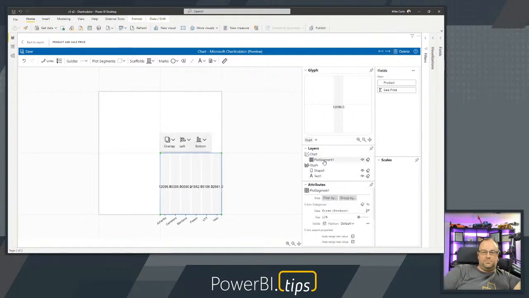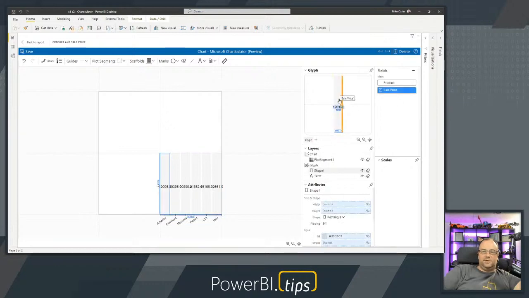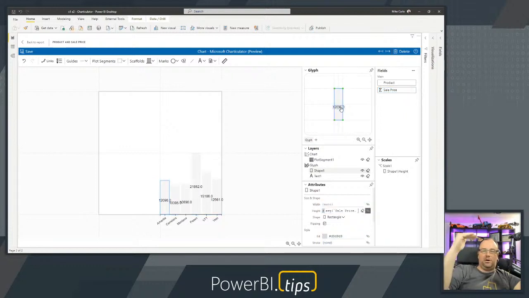Now I'm going to go back over to the plots segment. Nope, I'm just kidding. Shape. And then now I'm going to grab the sales price. And now the attribute of the bar, again, I got more data points that we can bind here. I can take the sales price and then bind that to the height of the bar. And now when I do it, the bar is automatically bound to the bottom, and now each of the bars are changing in height. So technically the glyph goes from the very bottom of this chart,